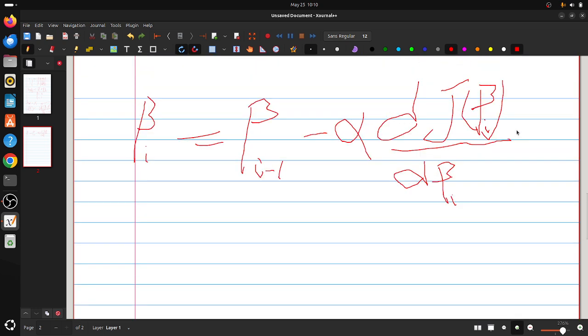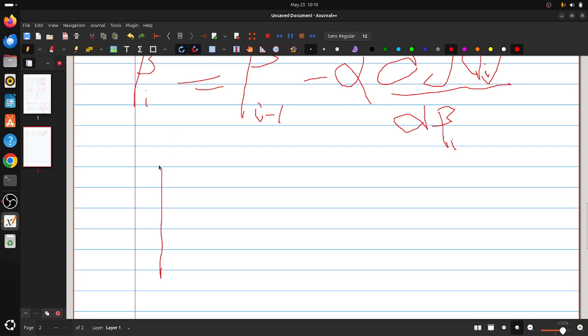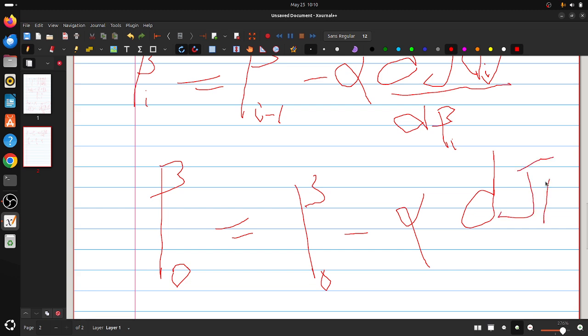We did this for instance for beta naught: the value of beta naught will be equal to the previous value of beta naught, minus the learning rate and the partial derivative of the cost function with respect to beta naught,